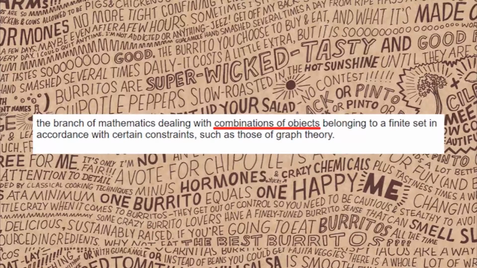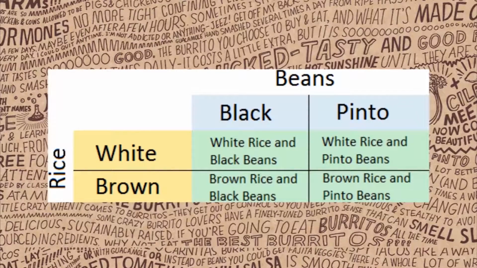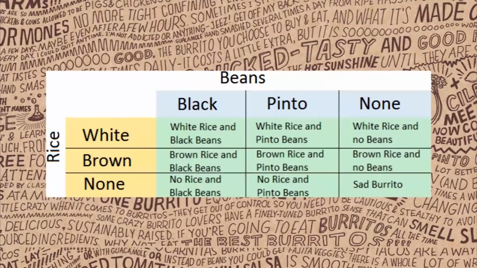From combinatorics, we learned that to find the number of possible combinations of, say, rice and beans, one would simply multiply the number of options of rice and beans. So we just multiply the number of possible options for each part of a burrito to get our answer, right? Right, but we ignored a few things. First, notice that we didn't include an option for no beans or no rice. Thus, we need to add a none column and row to our table.